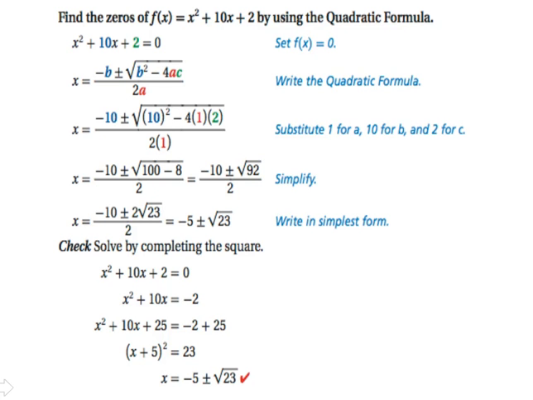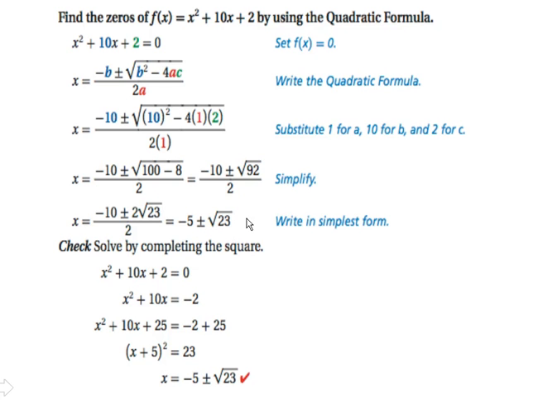And then we have to be able to simplify it. So this is where everything is plugged in. Negative 10 plus or minus the square root of 10 squared, which is 100. Multiplying these together here gives me a negative 8. 100 minus 8 is 92. And then simplifying the radical and simplifying the fraction gives me negative 5 plus or minus the